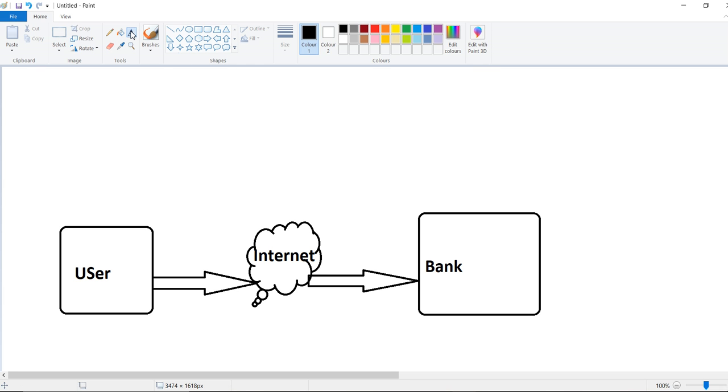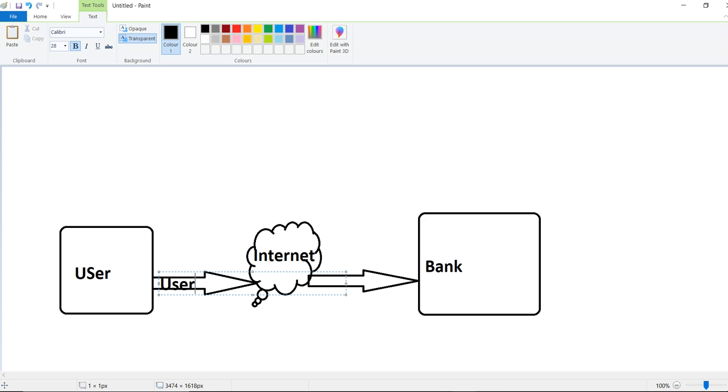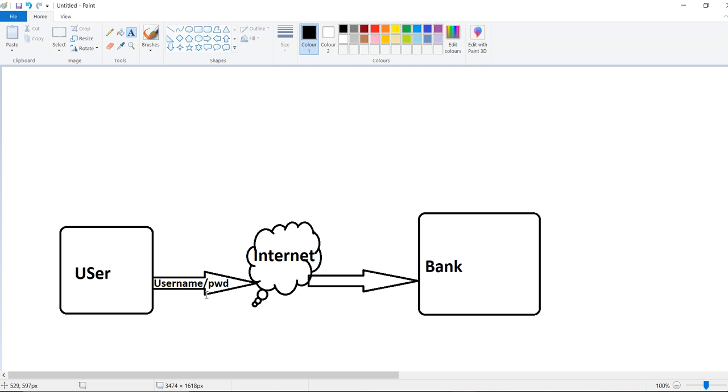With the help of username and password only you are connecting. So you are connecting with the username and password to the internet, and from the internet you are connecting to the bank.